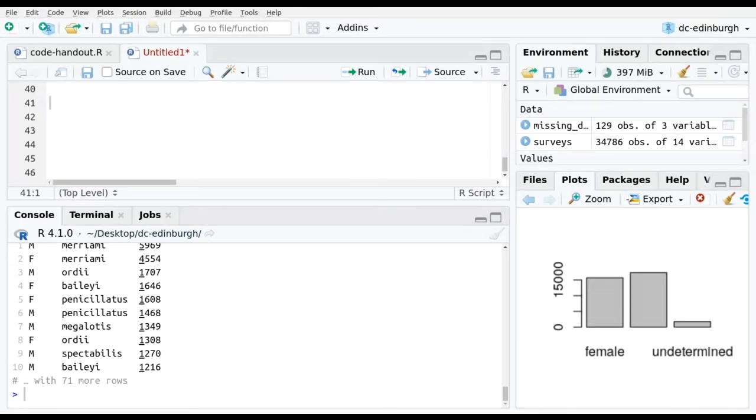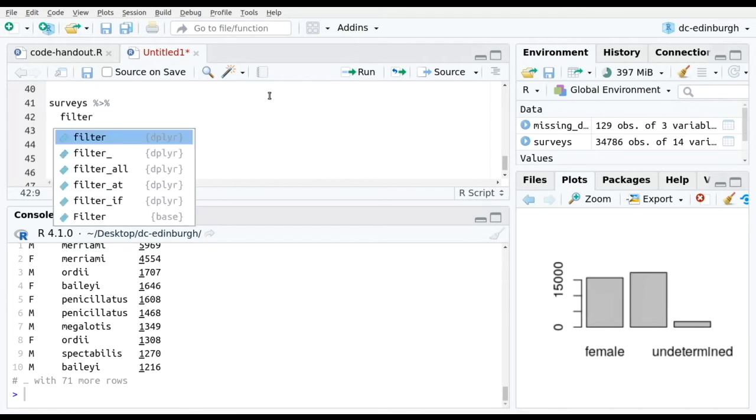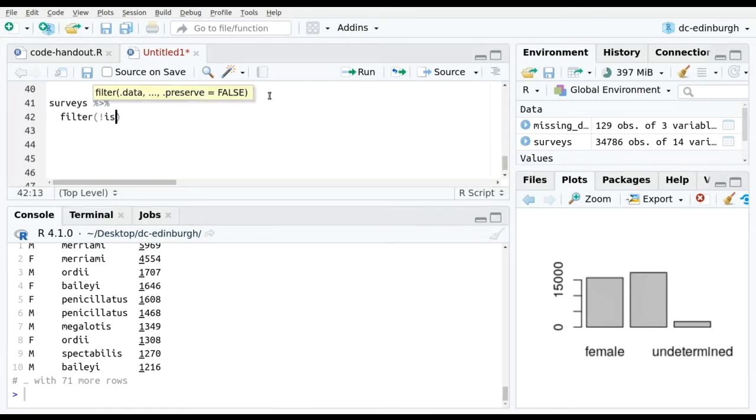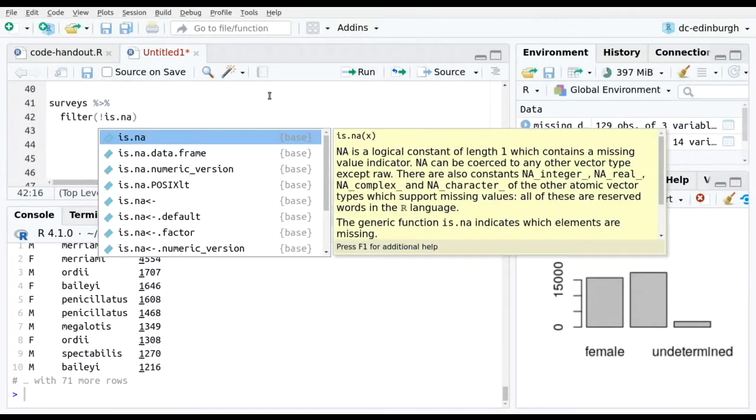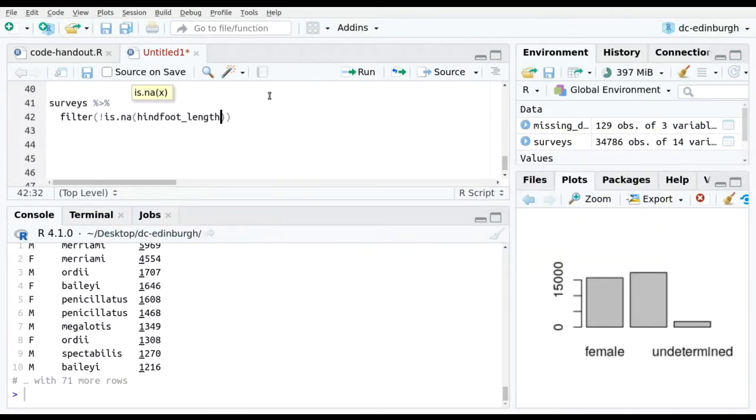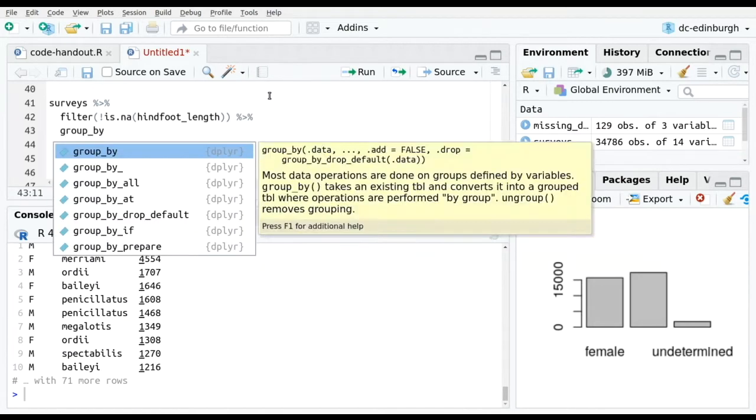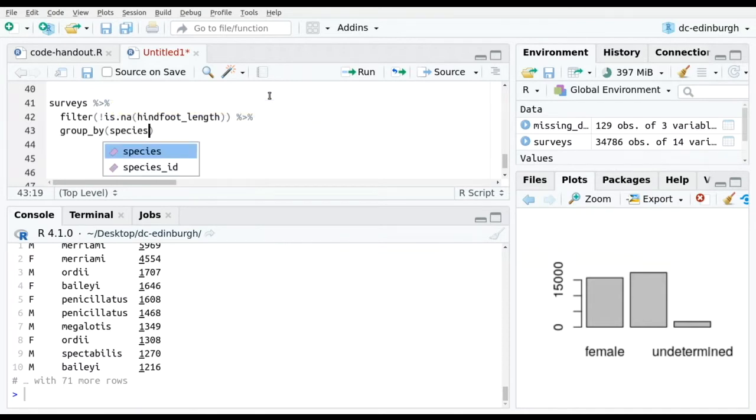So, what I needed to do, okay, I take surveys, pipe. I will get rid of the missing values, so I will do a filter, is.na on the hindfoot length, pipe. I will group by species ID. Pipe,